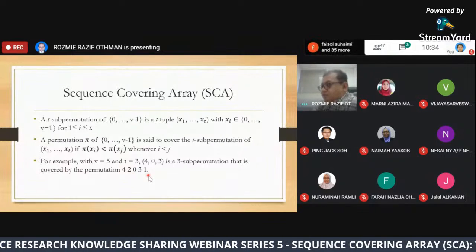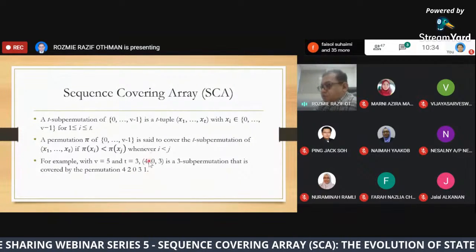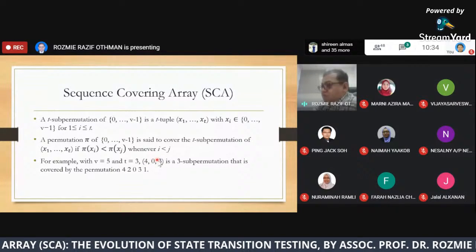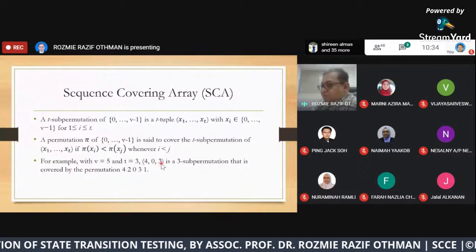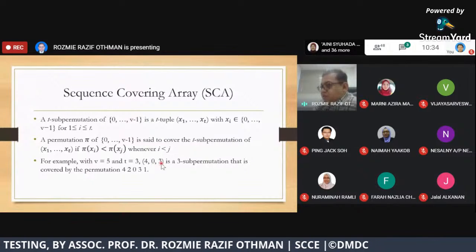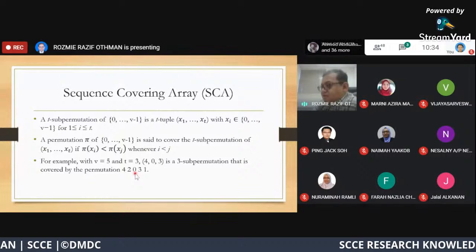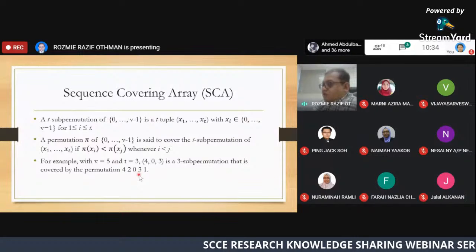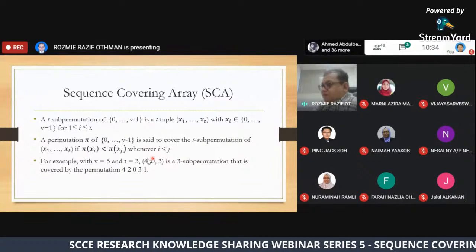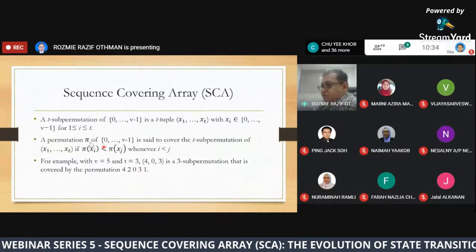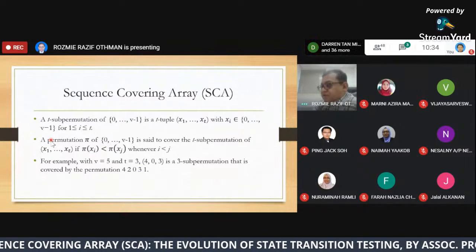Because in this 3 sub-permutation, 4 occurs before 0 and before 3, and 0 occurs before 3. And in this permutation, 4 also occurs before 0 and 3, and 0 occurs before 3. So that's why we say that this sub-permutation is covered by this permutation using this definition.